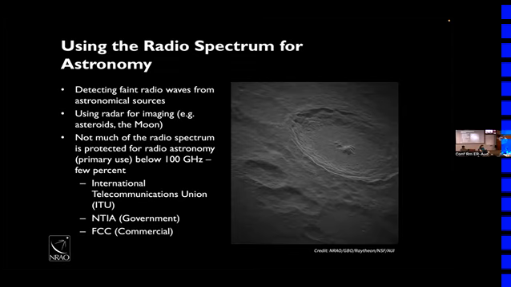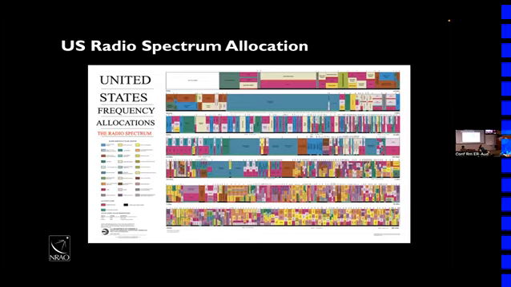But the thing that I want to emphasize here is that below 100 gigahertz, there's really only a few percent of the radio spectrum that is preserved. And this is too small to see anything, but I just want to emphasize. So this goes from low frequencies to high frequencies. And you may not be able to see here, but this is 3 megahertz, 30 megahertz, 300 megahertz, 3 gigahertz, 300 gigahertz. So these are sort of logarithmic steps going up in frequency.